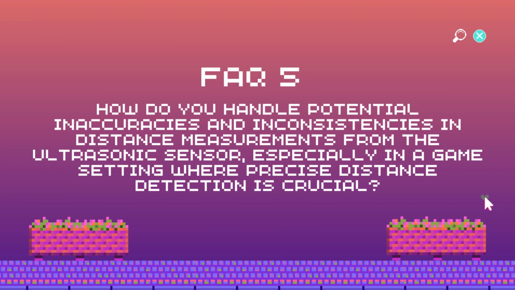First is calibration. Regularly calibrate the sensor by comparing its measurements against known distances. Adjust the code to account for any systematic deviations observed during calibration. Second, filtering noise. Implement filtering techniques such as averaging multiple readings to reduce the impact of noise. For example, take multiple distance measurements over a short period and use the average value to determine the actual distance. This helps smooth out